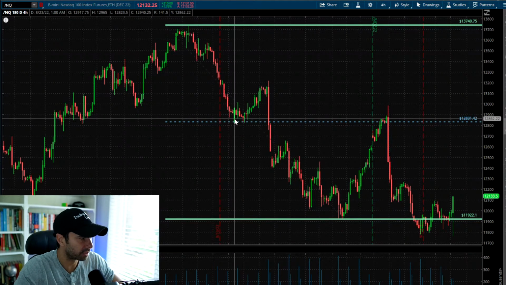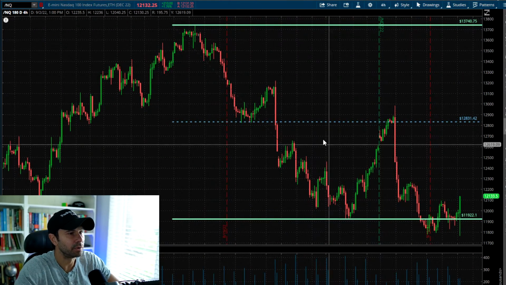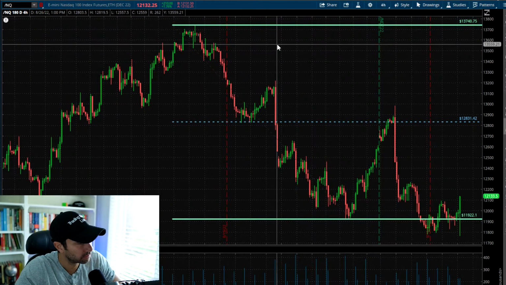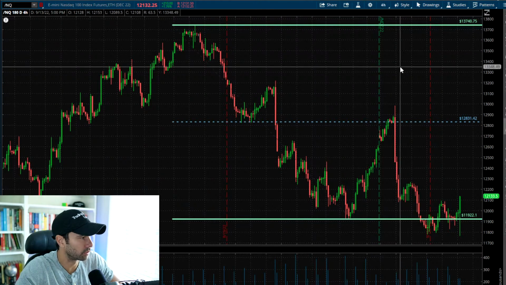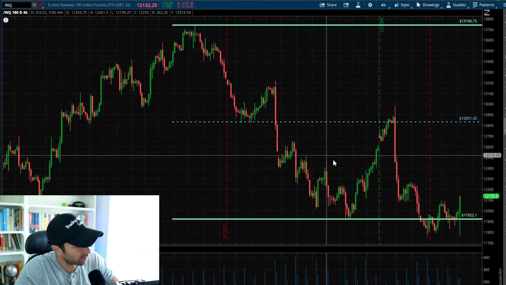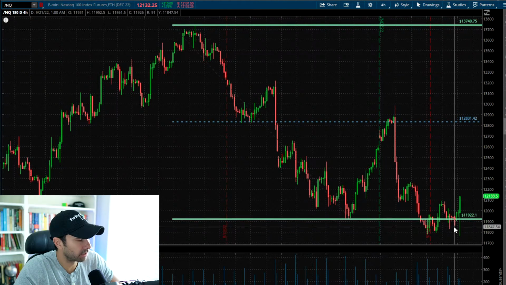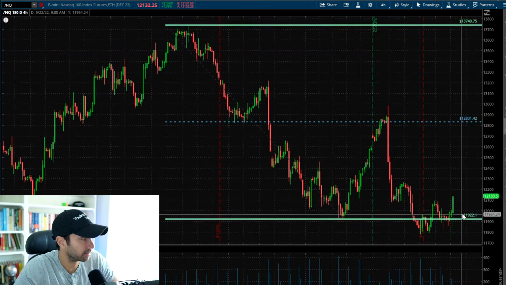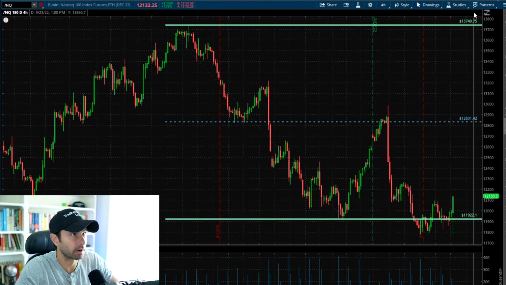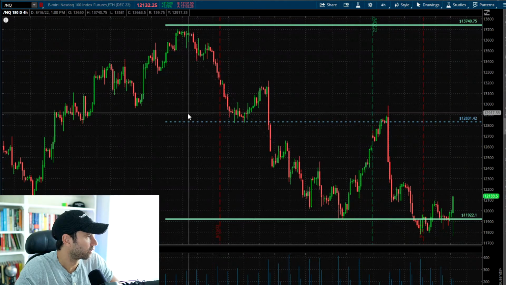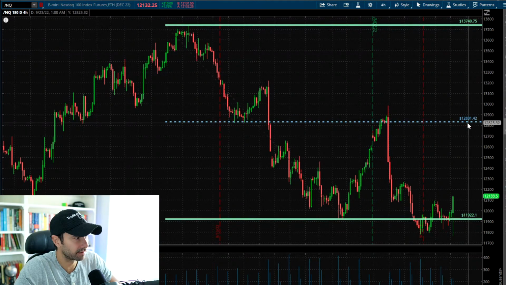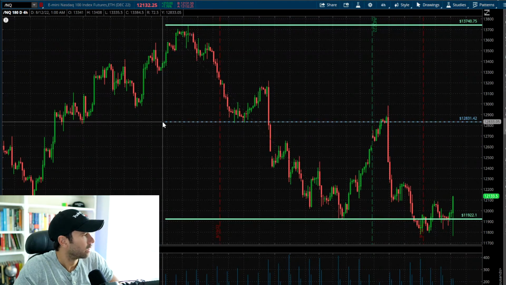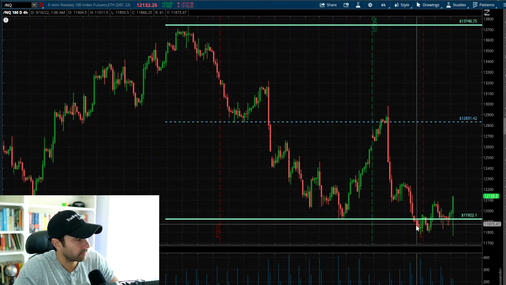So we determine in the entire move where is a good long-term time frame location to start looking for shorts. Why? Because the lower we go, the easier it'll be for the market to find demand. The higher we go, the easier for the market to find supply. So I have this line in the sand, if you will, that I want to pay attention to, which is 50% of the entire recent move.